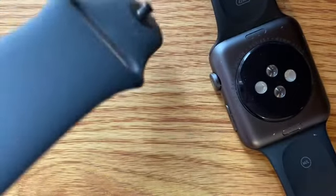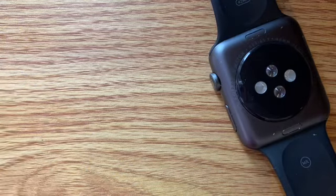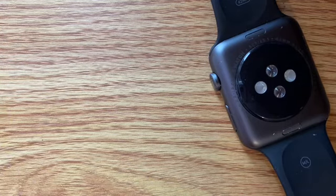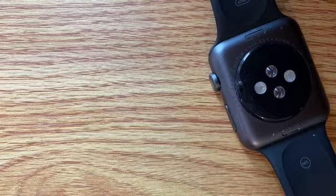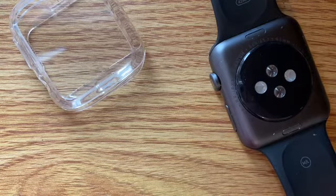Let me see. Do I have to take the other one off? I think I have to. I think I'm going to have to take it off. Or no, can I just? Yeah, I think I do have to take it off. Okay, let me figure it out. So,